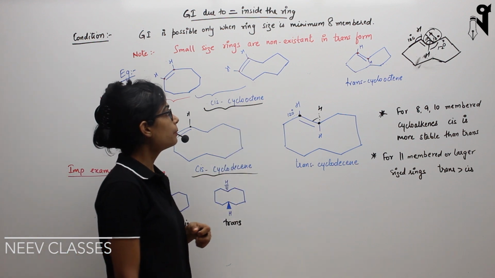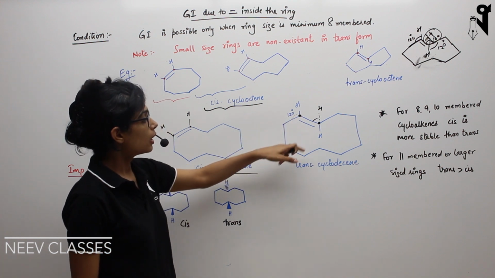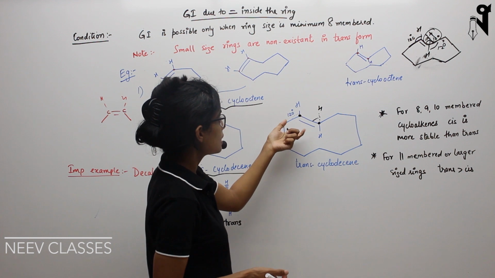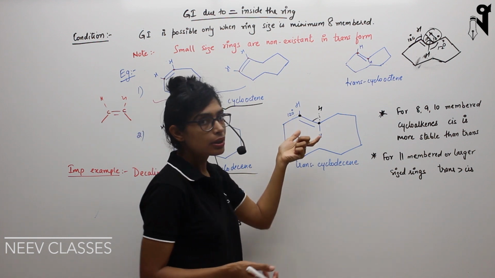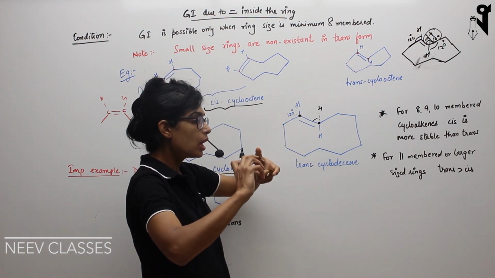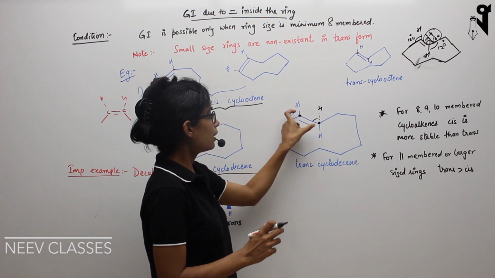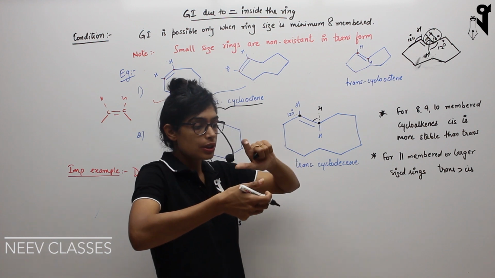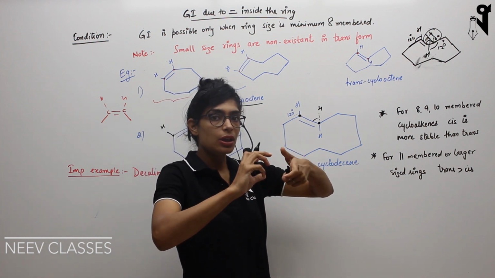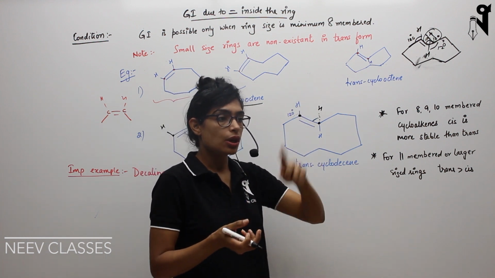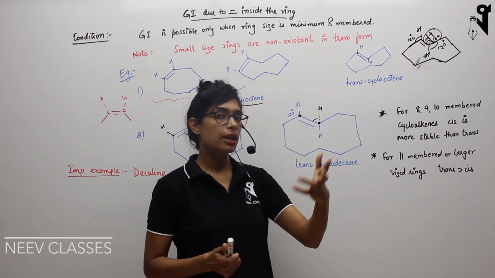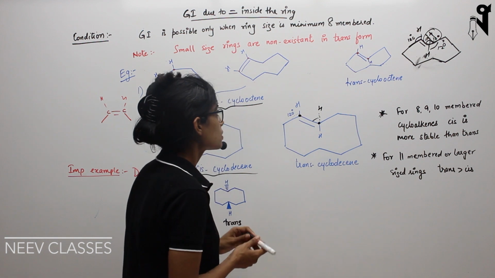Now, the reason behind it is, first of all, cyclic chains have to twist a bit to form the trans kind of structure. The way I have shown it over here, it's not exactly that way. The chains are actually going, because this is a planar sort of structure over here, non-planar first, and then they twist themselves, and that twisting of the bond to cause this transformation basically makes the system unstable. Even if you cannot imagine it that way, just try to see what I'm trying to explain to you over here.